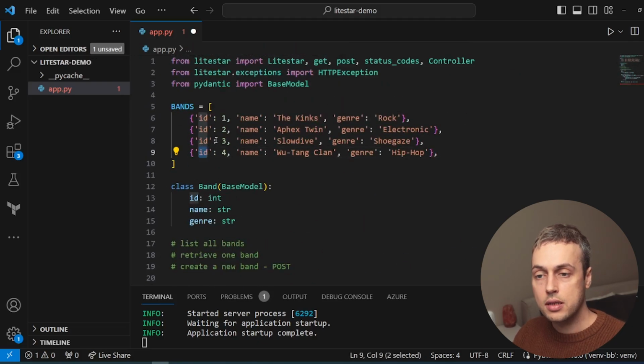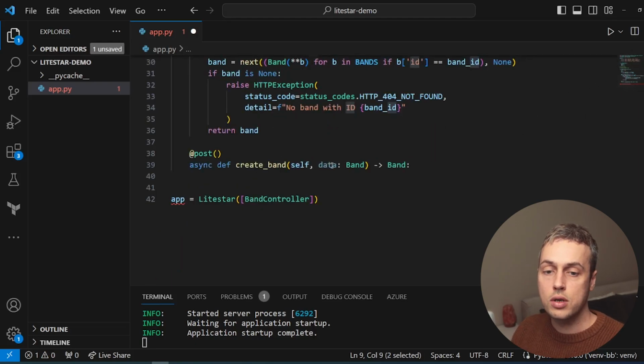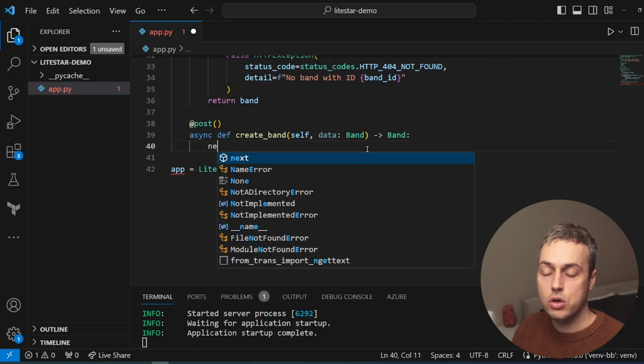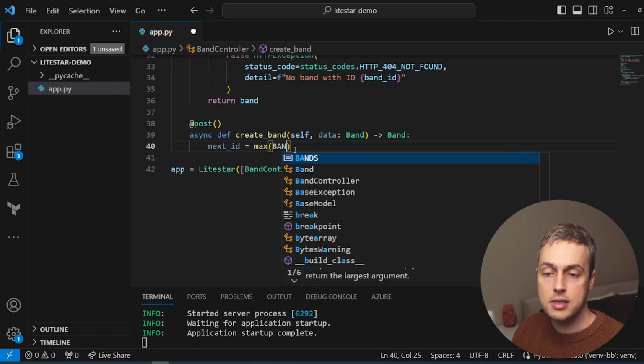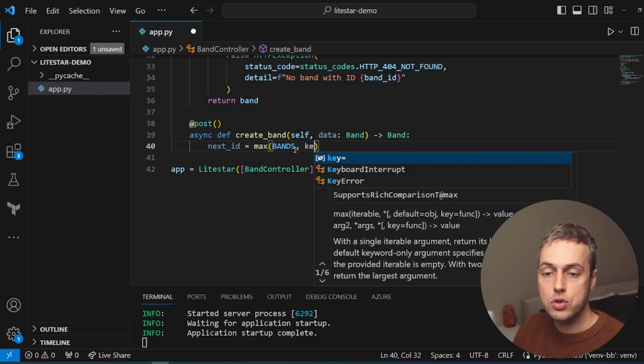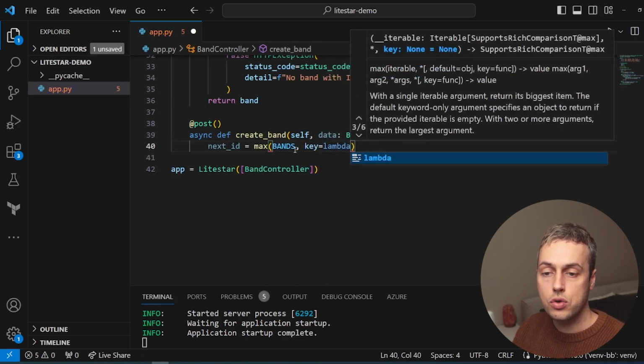These IDs are typically determined, for example, by the database. If you have a sequence in the database, and that sequence might be auto-incrementing, for example. We don't have a database here, but what we're going to do is define a variable that I'm going to call nextID, and we're going to get the record from that bands list that has the maximum ID. So I'm going to use a key function here to the max built-in Python, and that key is